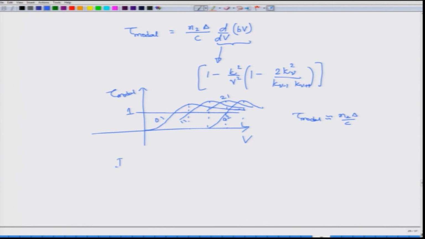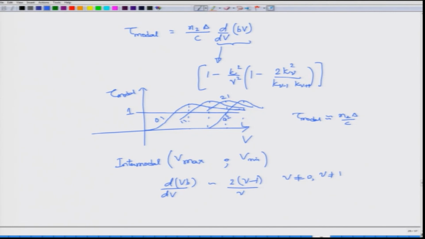And this intermodal delay that I talked about essentially asks you to find out what the maximum excited mode is, for which you have a max value of V, and then you have a min value of V. So, what is the delay in arrival between the max and the min values? You can use another equation for that, which will give you approximately this condition. Of course, this condition is not okay for nu equal to 0 and nu equal to 1, but for other modes this is reasonably okay.